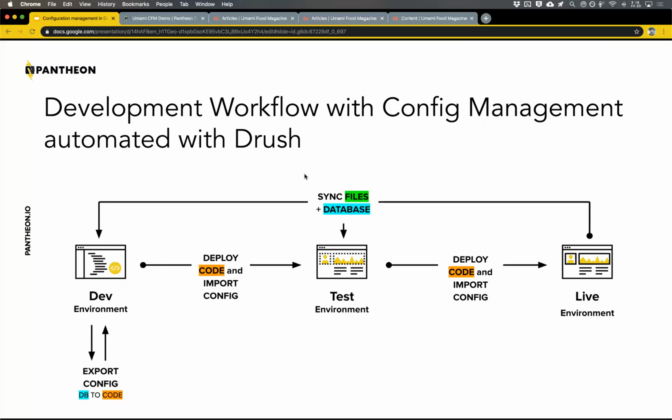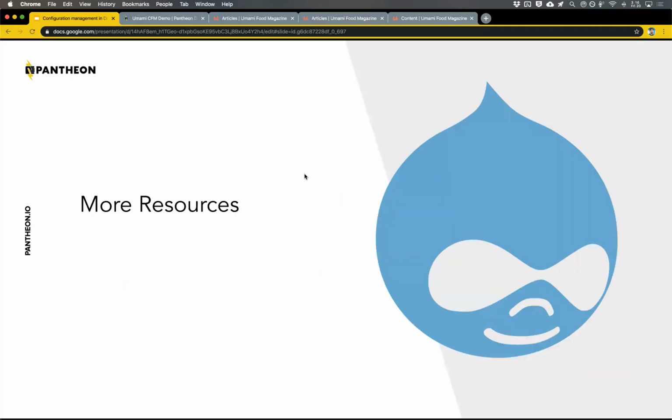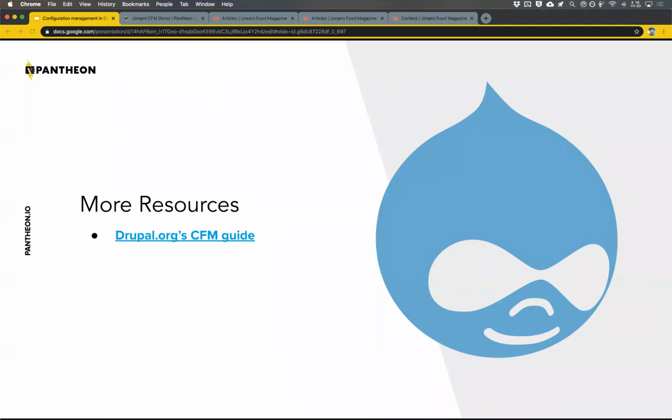So that really brings us to the end of the presentation today. There are some more resources that you can get into if you want to learn more about this. This is really just scratching the surface and showing you what's possible, but within Drupal.org, you can find the CFM guide directly, and if you go to my website and grab my slides, you can